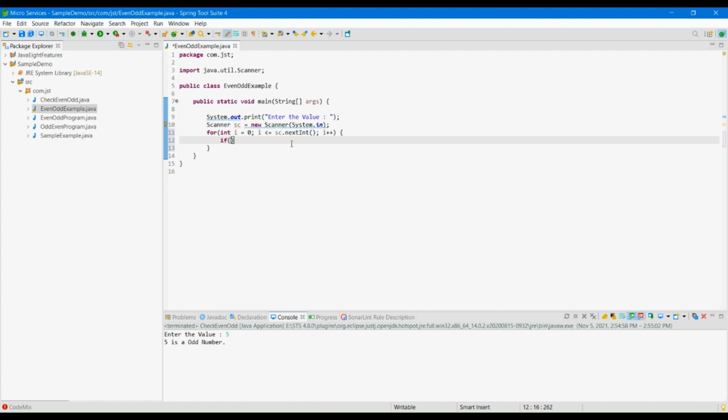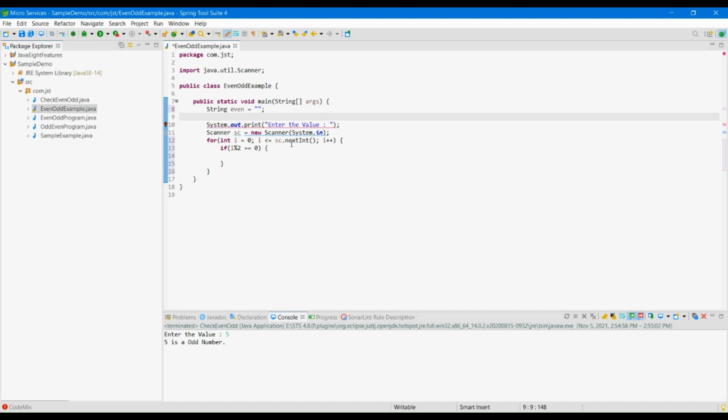Now if i modulo 2 equal to 0, before I am doing one thing here, string even equal to empty value, string odd equal to empty value like this. Now even is equal to even plus i plus,